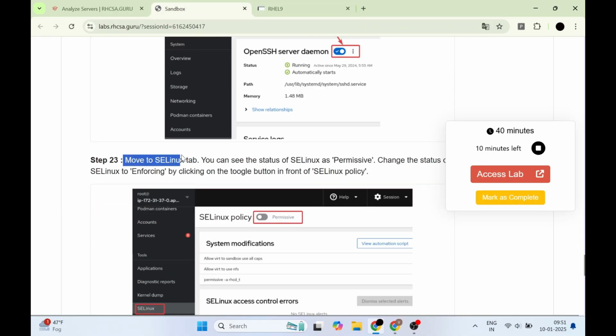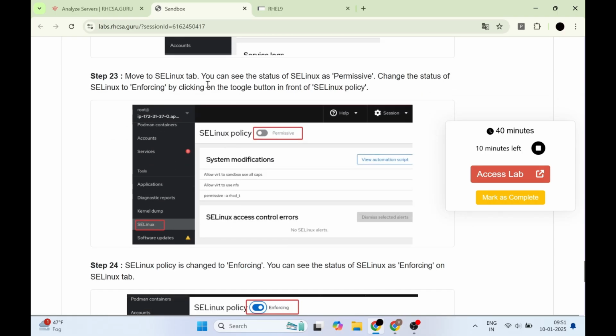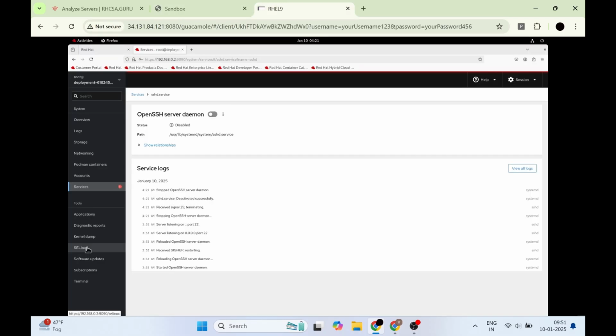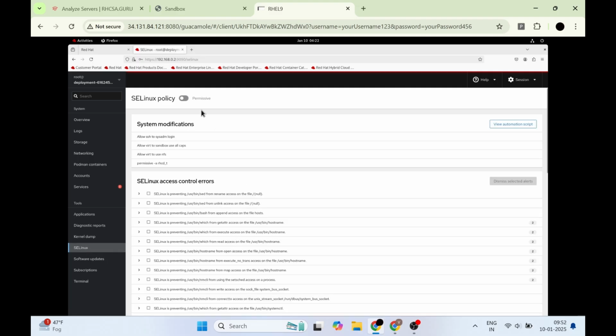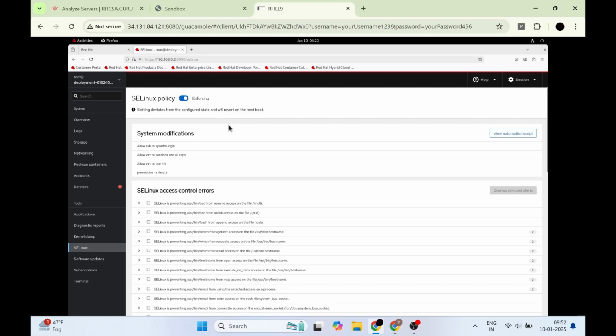Next, we'll move to the SELinux tab to check the status of SELinux. Currently, it's set to permissive. To enhance security, we will change it to enforcing by toggling the switch next to SELinux policy. I'll first click on the SELinux tab, then toggle the button next to SELinux policy to switch the status from